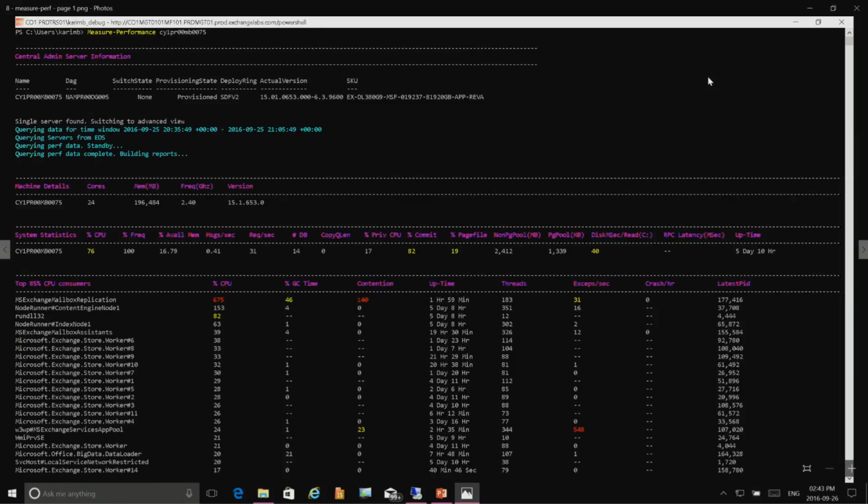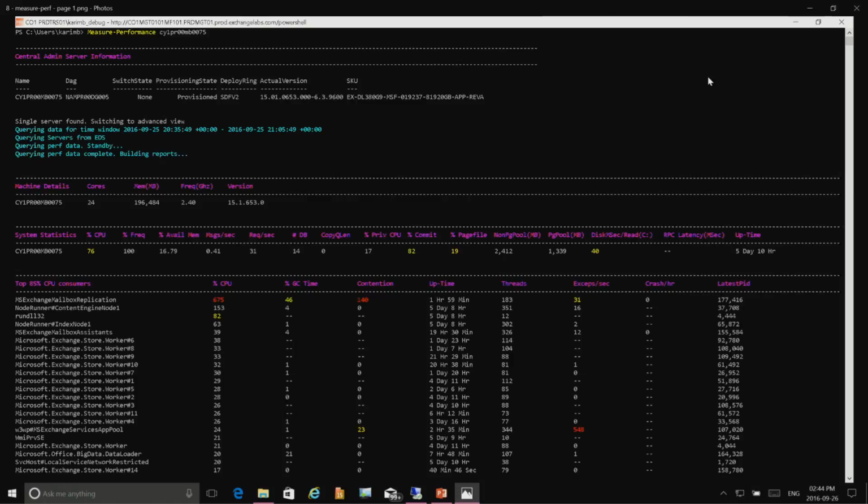You can actually see the SKU that's running on. We said we wouldn't name the manufacturers, right? But it's a DL380 Gen 9 with 24 cores and 192 gigs of RAM. And you can see that sample again where CPU is approximating 70 at the time of the snapshot. And you see as well a list of processes.